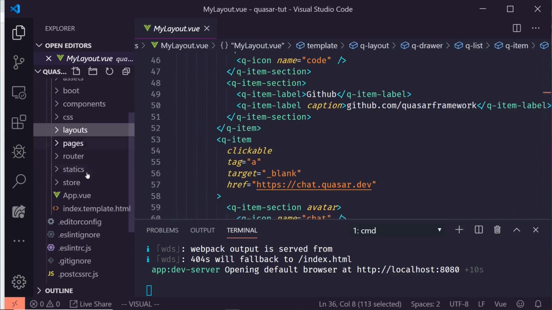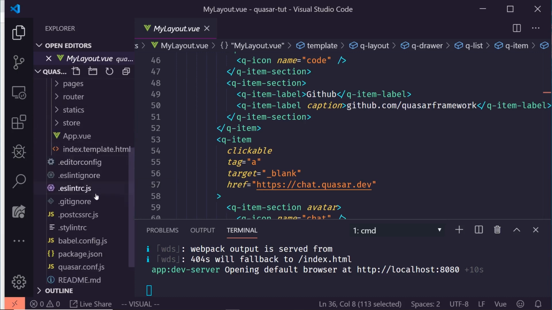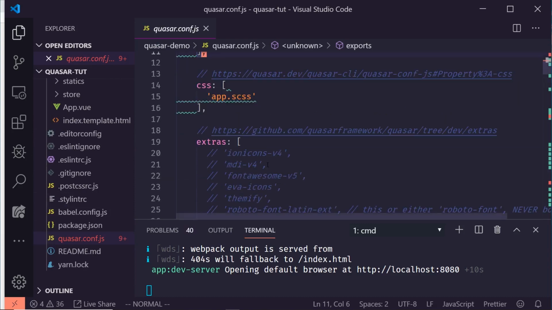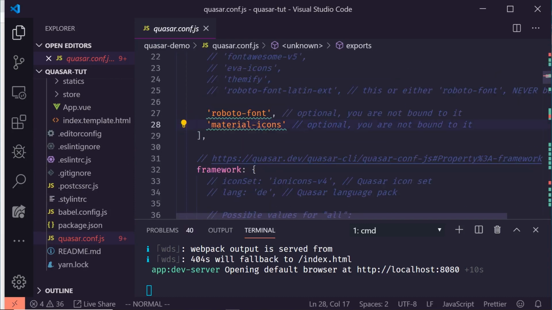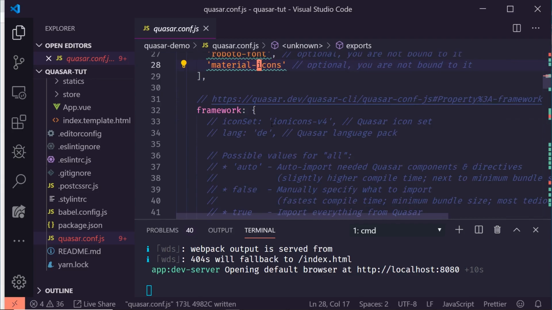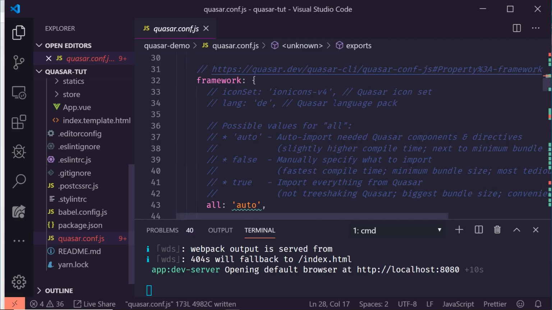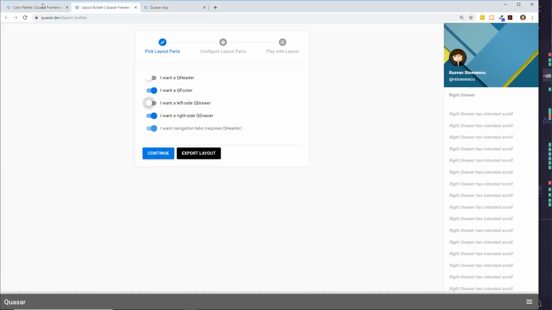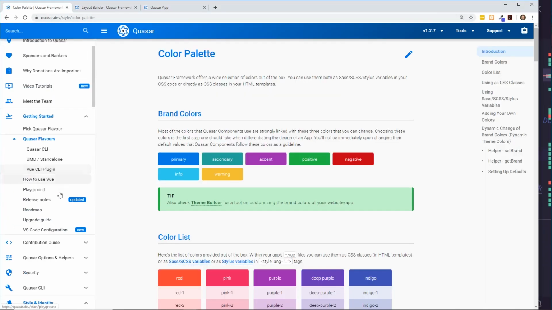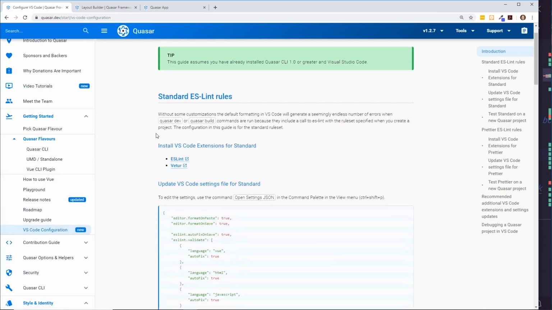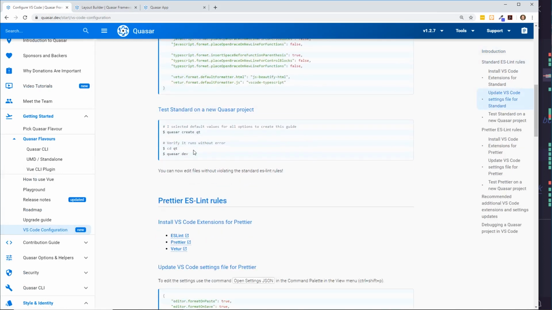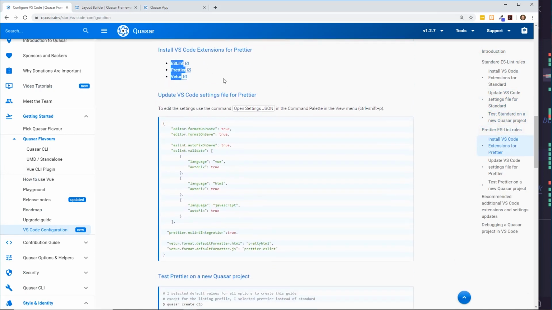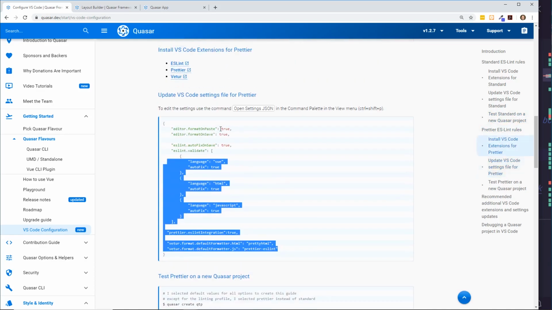Now, we'll skip forward here. If you look at the quasar.conf.js, this is the default look and feel of it. And let me see here if I have prettier. It actually tells me we might get these squiggly lines because I'm using Visual Studio Code. Actually, before this demo, I didn't change it. If you go into the VS configuration and look at the standard ESLint rules, it tells you what you should turn on if you use Prettier ESLint rules and what plugins to install. I didn't do this, so we might have